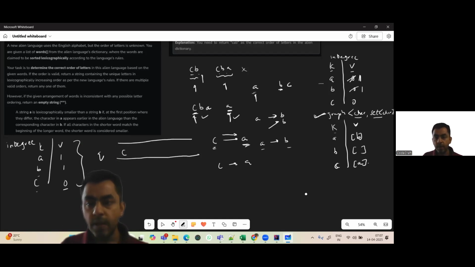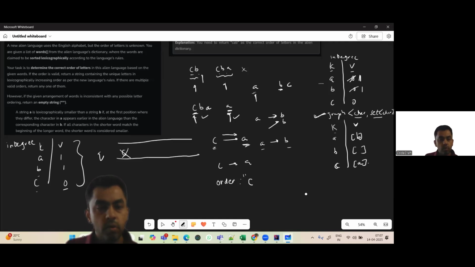Now what are we going to do? We are going to iterate through this queue. We are going to have a while loop until the queue is not empty. We'll also have a string order, which is empty right now. We are going to pop the first character in the queue, and add it to the final order, C. Now, once we have the popped element, what we are going to do here is